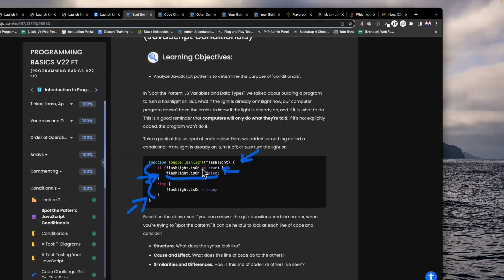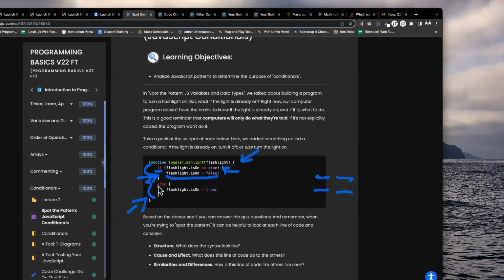flashlight.isOn is equal to true. By the way, we'll go over what this means, double equal signs, in a bit. If this is true, then we're going to do something inside here. We can console log something inside here. We can create a variable that exists in here. We can do all kinds of things if we meet a condition, if a condition is true. In this case, we're just going to say we're going to turn the flashlight on if it's off. Okay. If this condition isn't met,